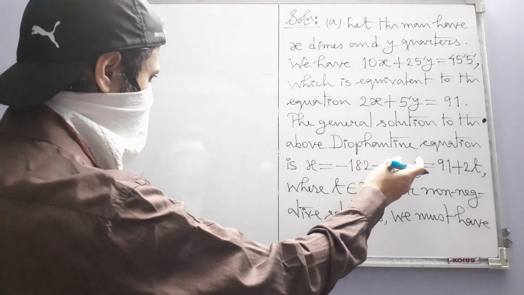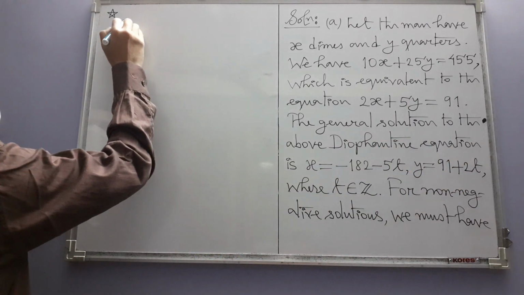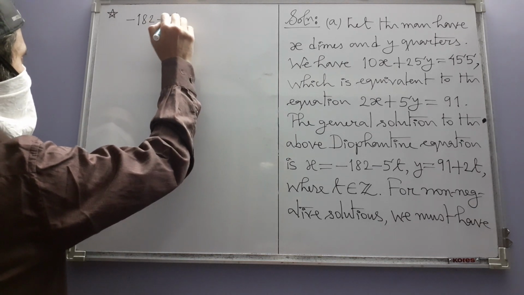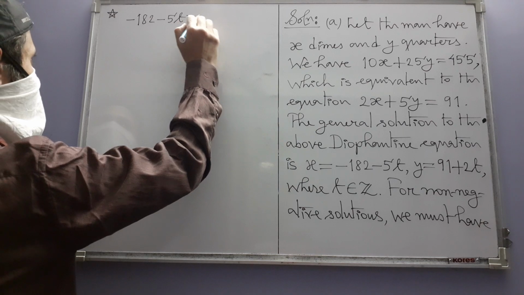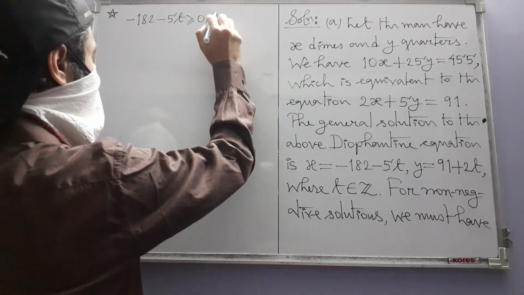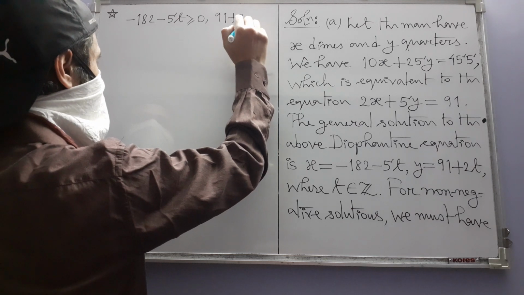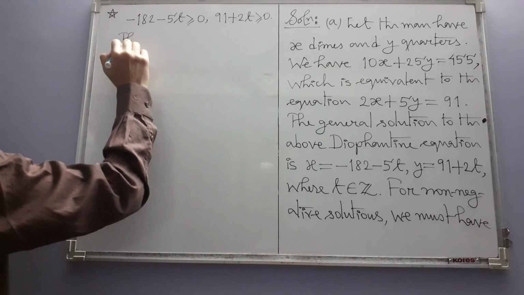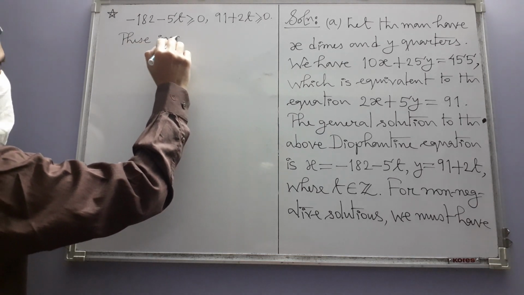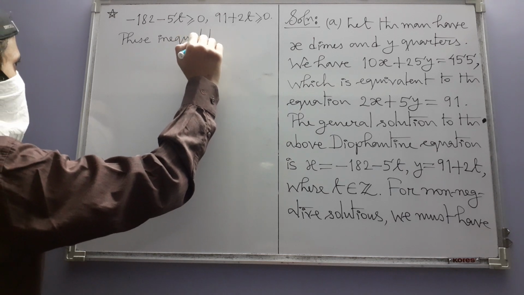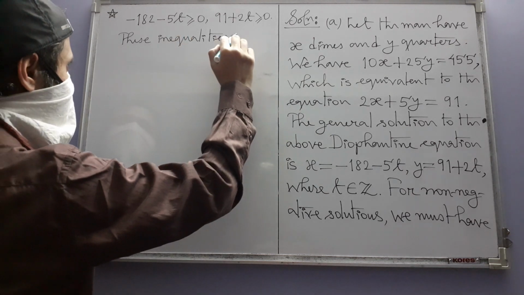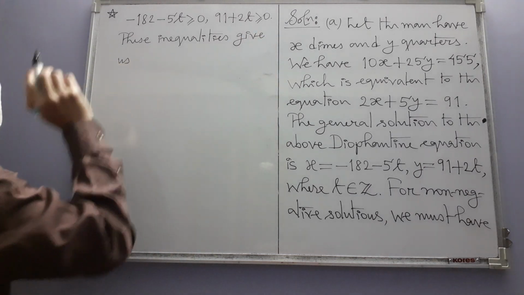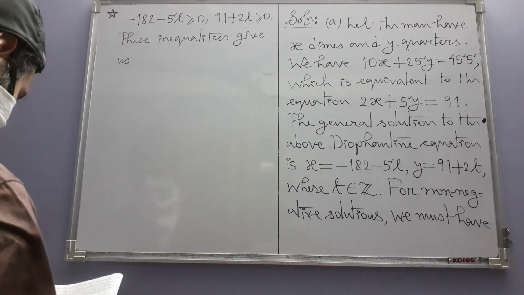That is, this must be non-negative and this also must be non-negative. Minus 182 minus 5t must be non-negative and 91 plus 2t must also be non-negative. These inequalities give us these following conditions on t: